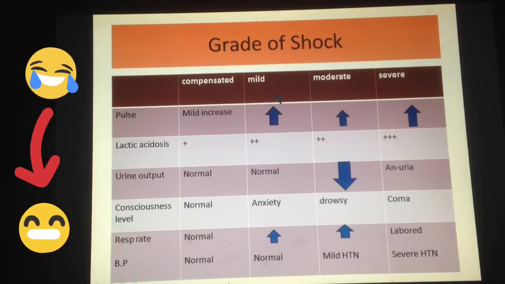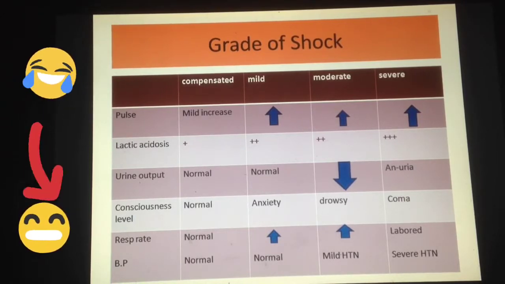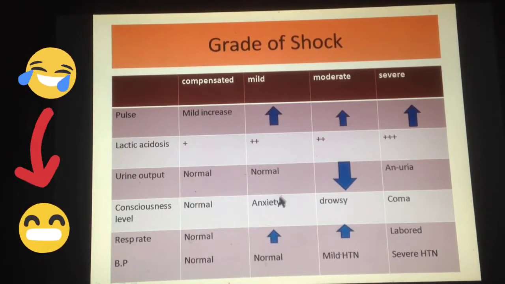In a patient with mild shock, the pulse rate is mildly increased, the lactic acidosis is greater, the urine output is normal, the patient is anxious, the respiratory rate is increased, and the blood pressure is normal. In a moderate state of shock, the pulse is still increased, there is lactic acidosis, urine output decreases, the patient is in a drowsy state, the respiratory rate increases, and the blood pressure shows mild hypotension,